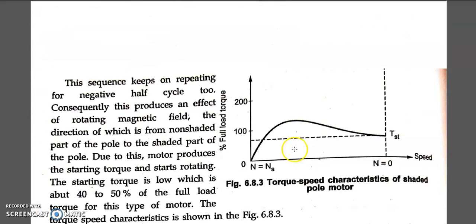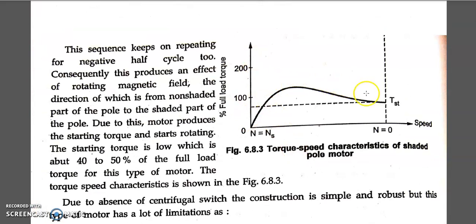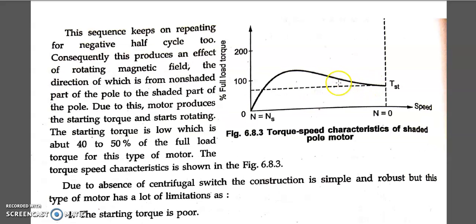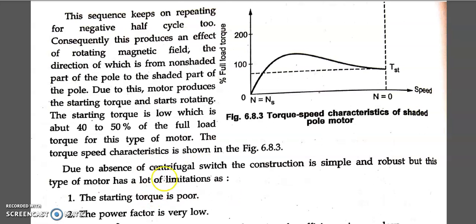at the rotor part. Okay, and again this is the same speed torque characteristics. Here you can see the starting torque is low, around 40 to 50%. You can see starting torque is less when compared to your earlier machines, either split phase or capacitor start or capacitor run. Any one of the motors, here the starting torque is less. Okay, and again there is only a centrifugal switch and all.